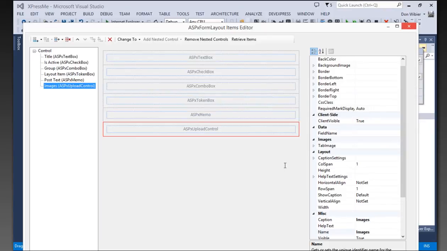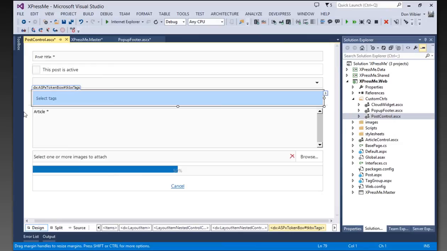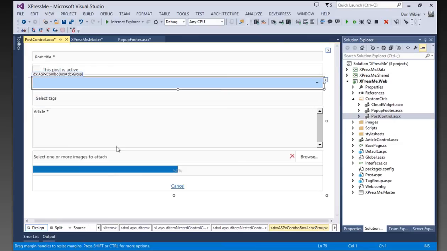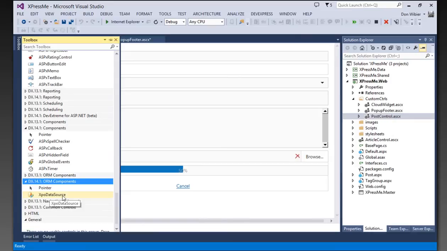So it will look nicely in your designer, and we will need a couple of additional things, because in this project, we're going to bind some data to, for instance, the token box and the combo box. And we do that by inserting two other controls. One of them is in the ORM components, and it's called the Xpo Data Source, because we're going to bind to some data which is in the data model. So I'm going to double click it,